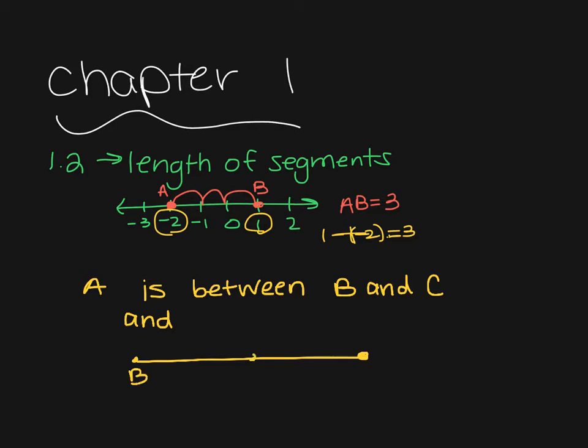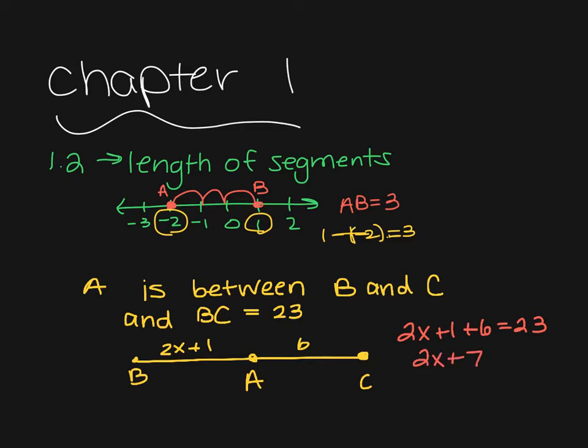So B, A, C, and something like 2x plus 1 and 6, and it would give you the information that BC equals 23, and then you would use your segment addition postulate to say that 2x plus 1 plus 6 would equal 23. Combine your like terms,